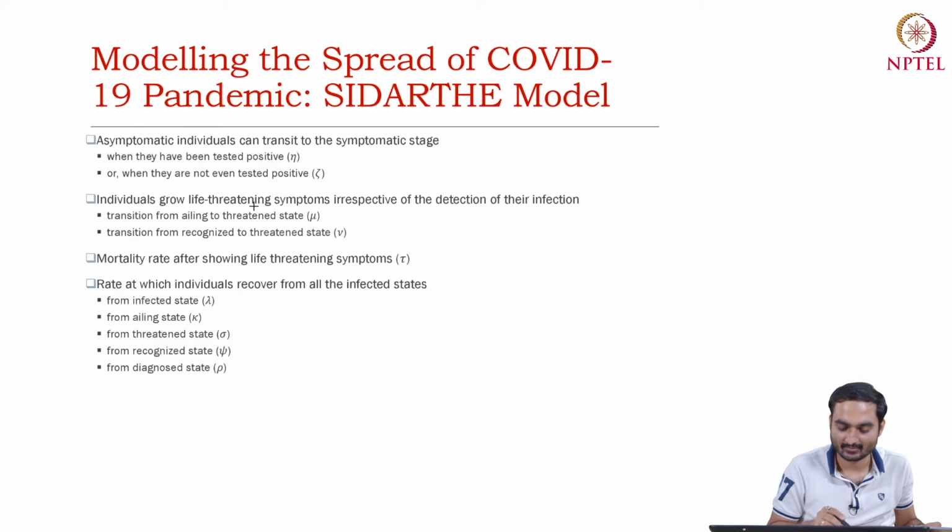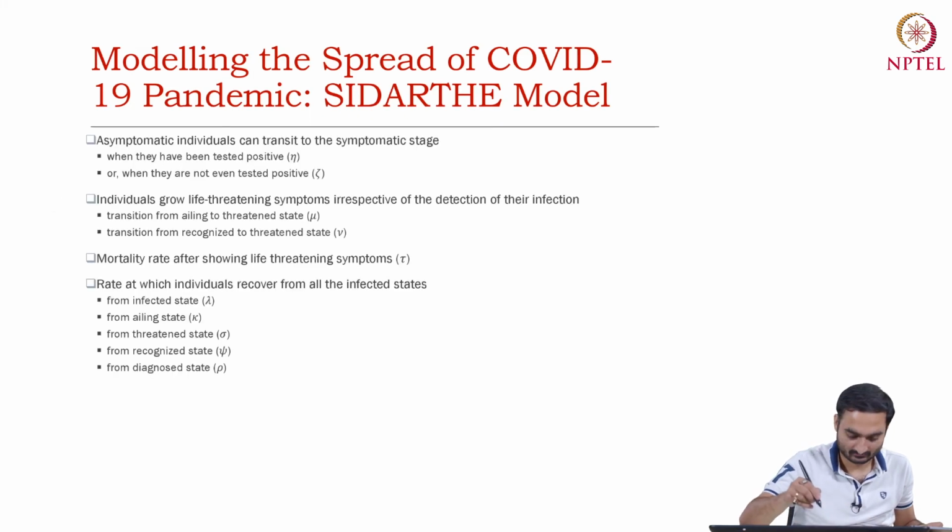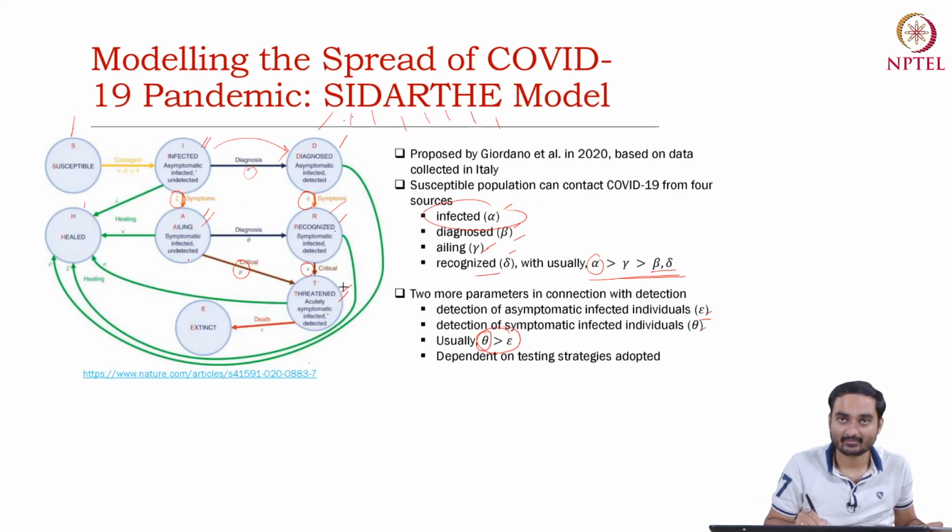Individuals grow life threatening symptoms irrespective of the detection of their infection. We have two parameters, one is this one, right, another is this one. From illness, from ailing you can move to life threatening stage, from recognized also you can move to the life threatening stage, right. Okay. Then from life threatening stage you can move to death stage with certain probability tau,